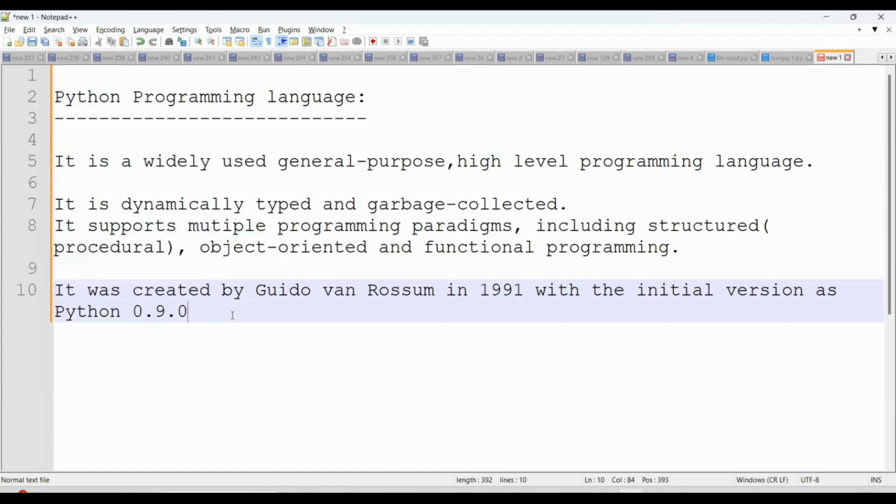It was initially named ABC and later it was renamed to Python